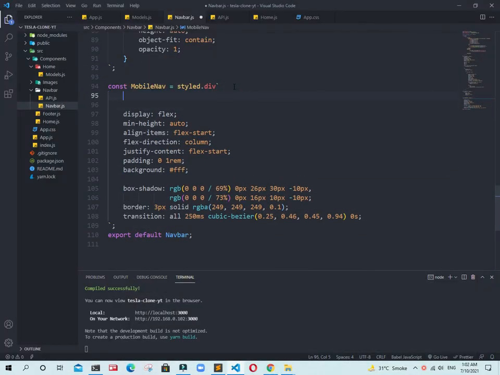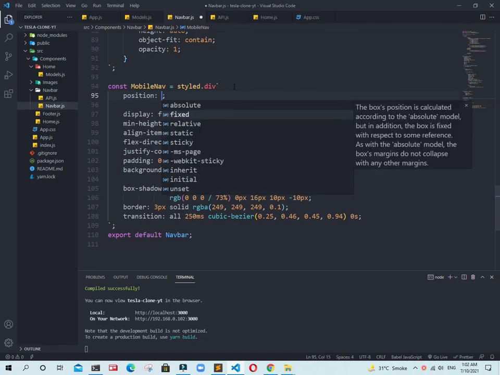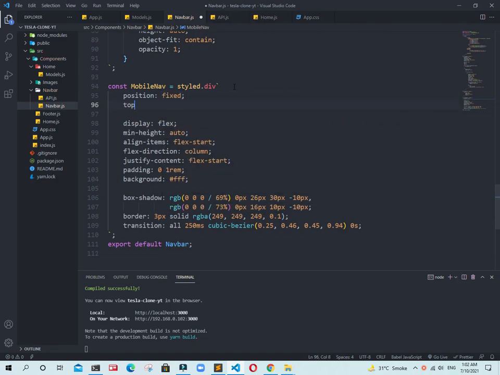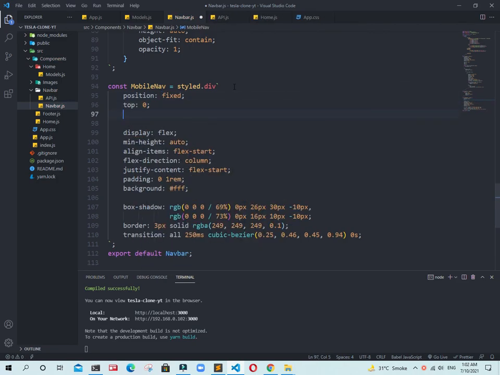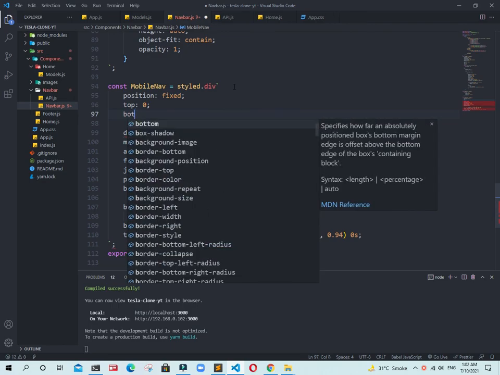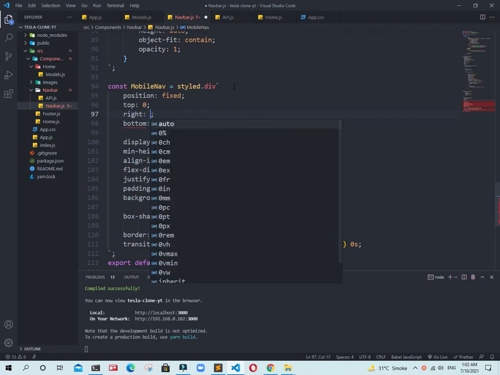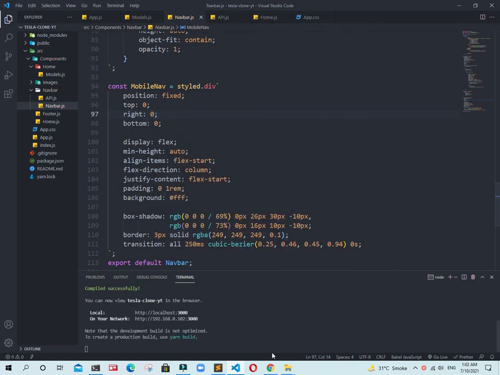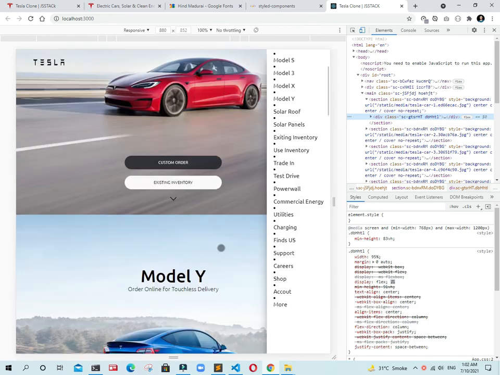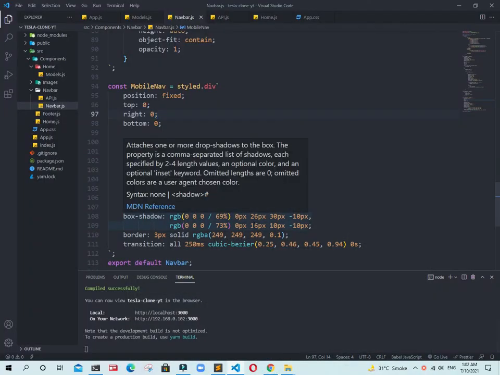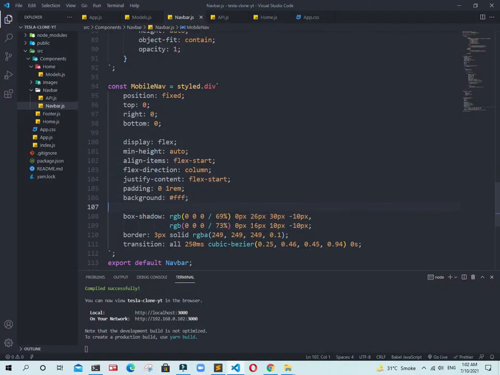Now we need to add a position. This time the position will be fixed. Top will be 0, bottom will also be 0, and right will be 0. We don't need to add left. Now we need to add overflow.